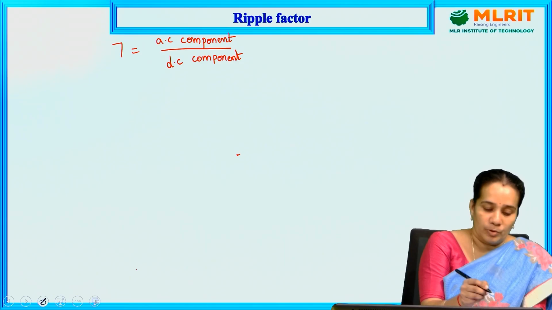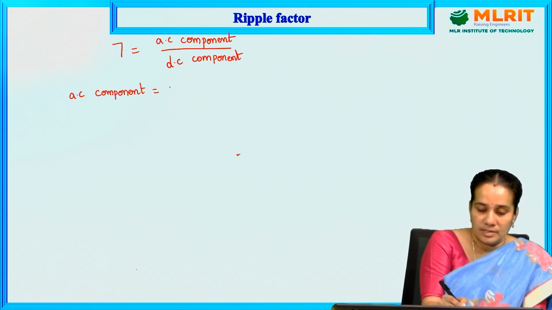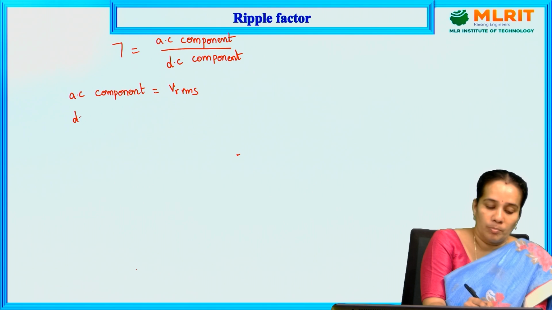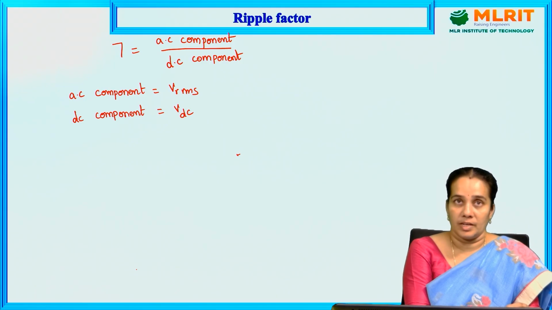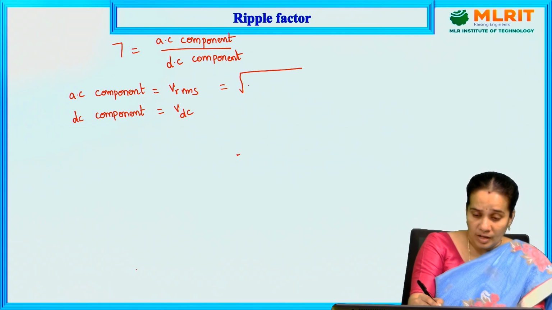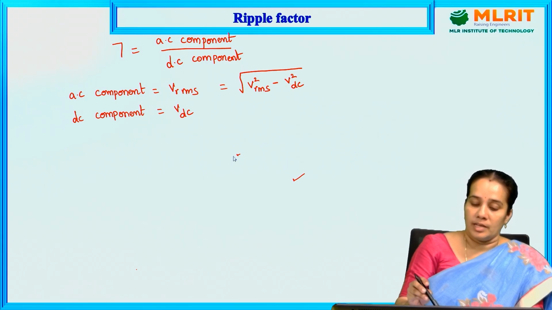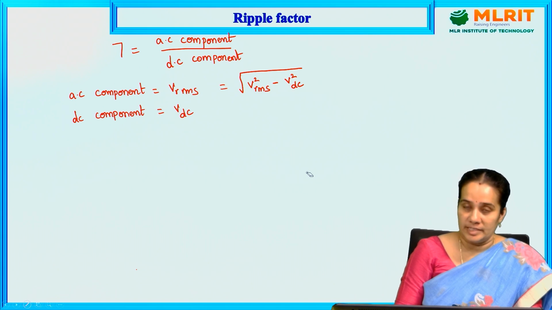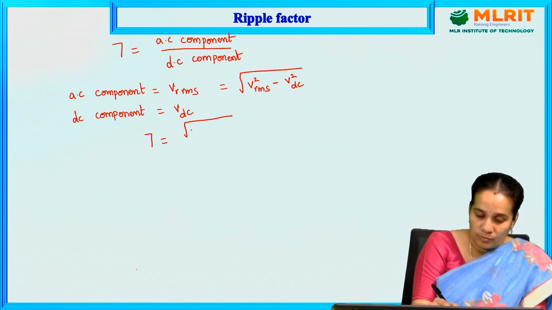Coming to the AC component, what is the AC component? The AC component is denoted as Vr RMS, and the DC component is nothing but the VDC value. So Vr RMS can be given as under root of V square RMS minus V square DC, since the AC value means V RMS square minus V square DC. The DC component is nothing but the VDC value. Therefore the ripple factor tau is equal to under root of V square RMS minus V square DC by